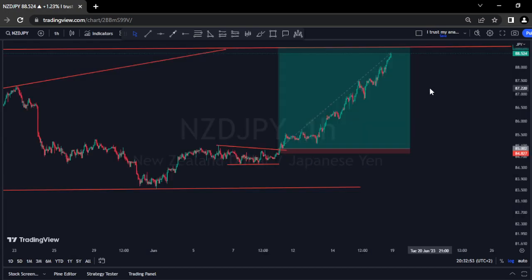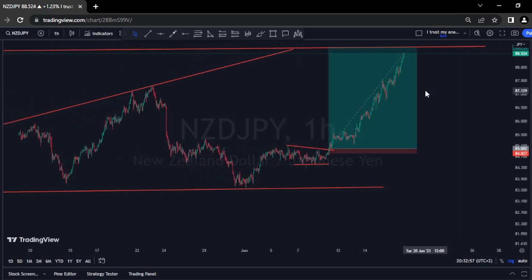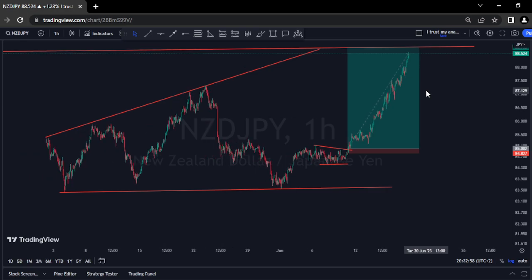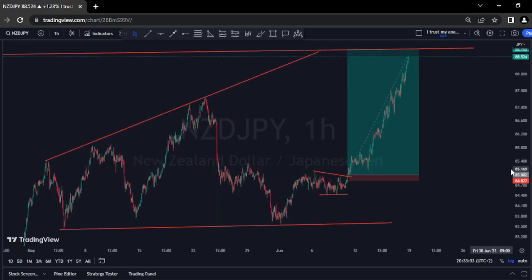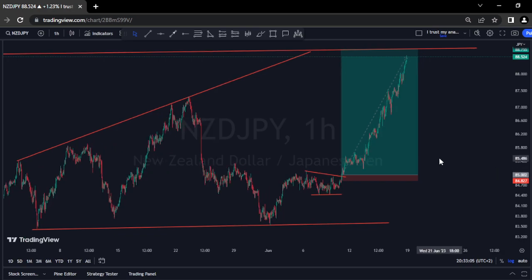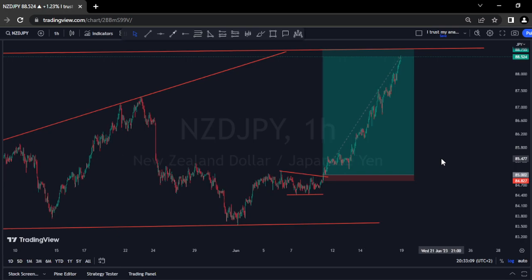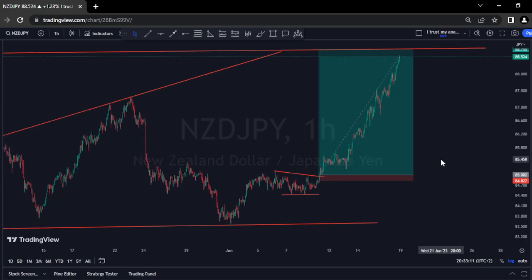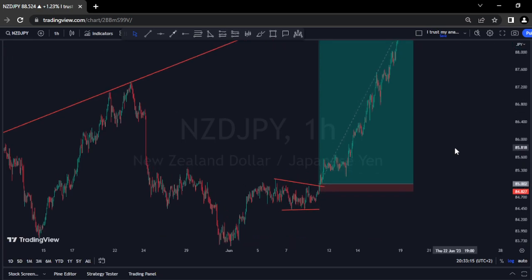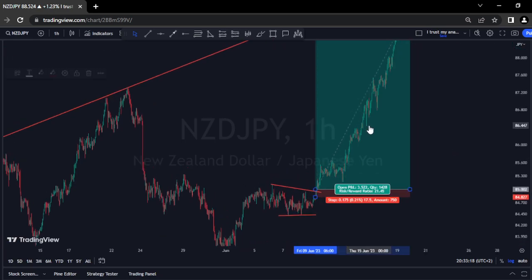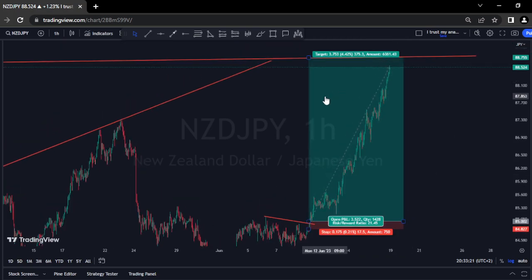And remember, ladies and gentlemen, I don't really give signals. These are not signals. This is just analysis, because this is how I view the market. You might view the market in a different way, but as long as we get the same direction, that's all that matters. So let me just get rid of this right now, because I'll probably